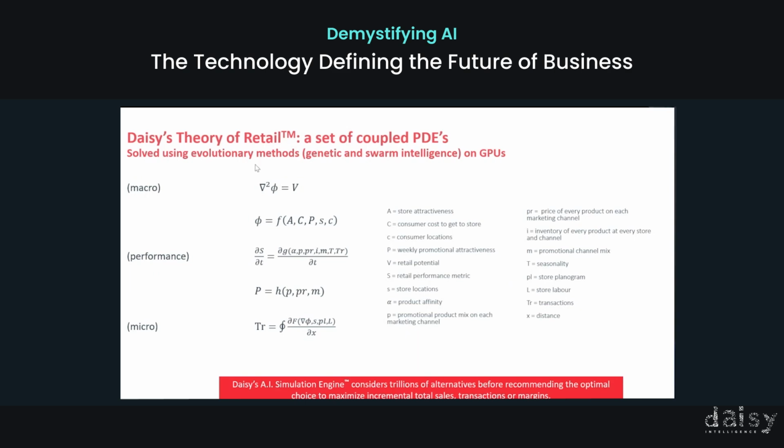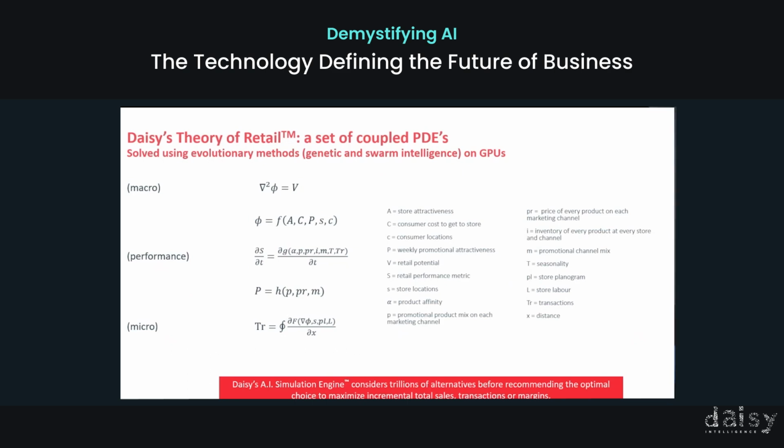If you're technical, this is Poisson's equation where we look at grad squared phi is equal to a potential. It's a potential theory that can model the spatial interactive effects. If you treat every store in a market as a sink that's attracting traffic, and the consumers are the sources who have the money to spend, then the stores attract the people and the money. And so this is potential theory. If you've done any fluid mechanics, it is one type of potential theory. So you can model geography with potential theory. So that's one set of differential equations.